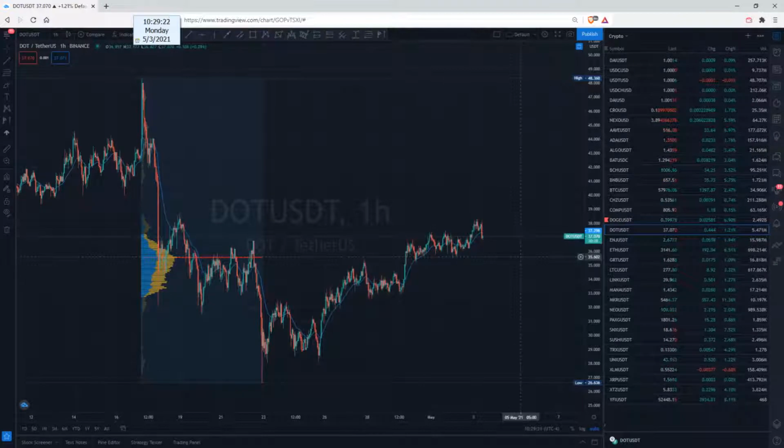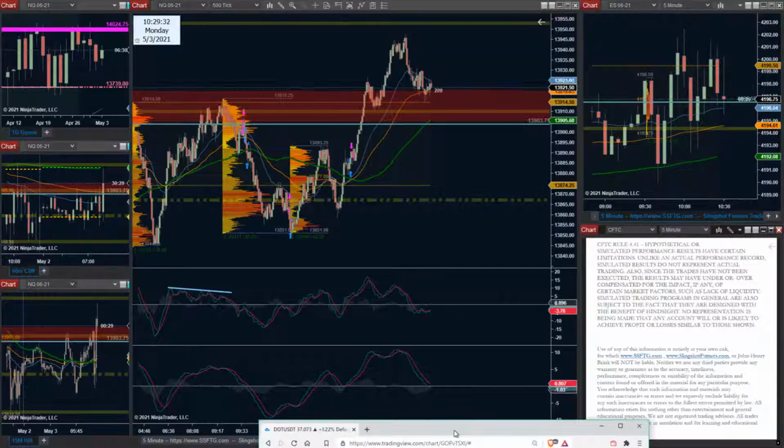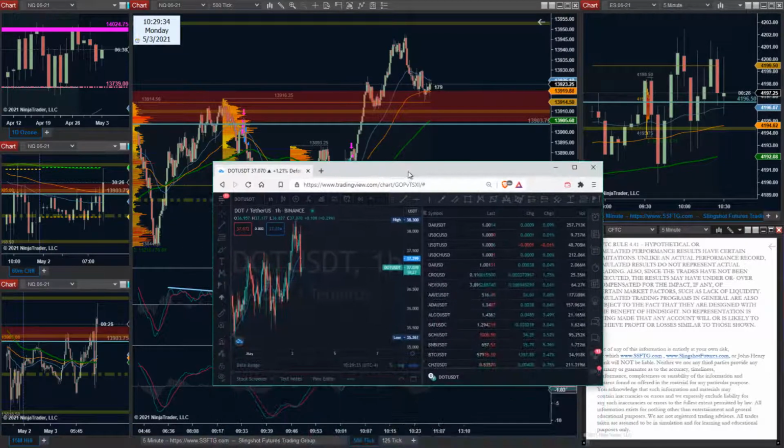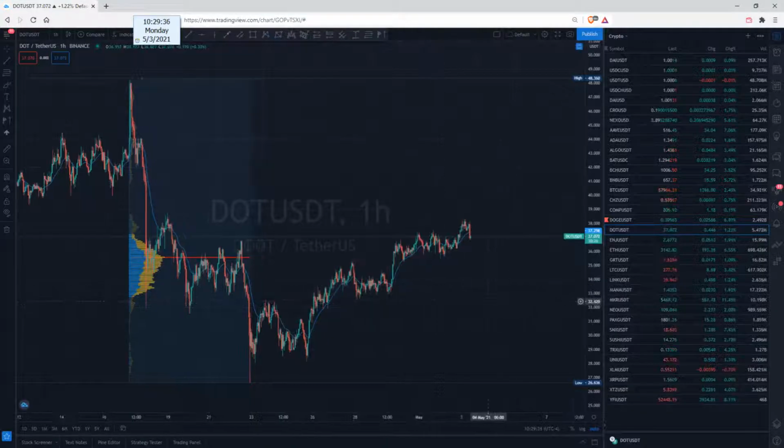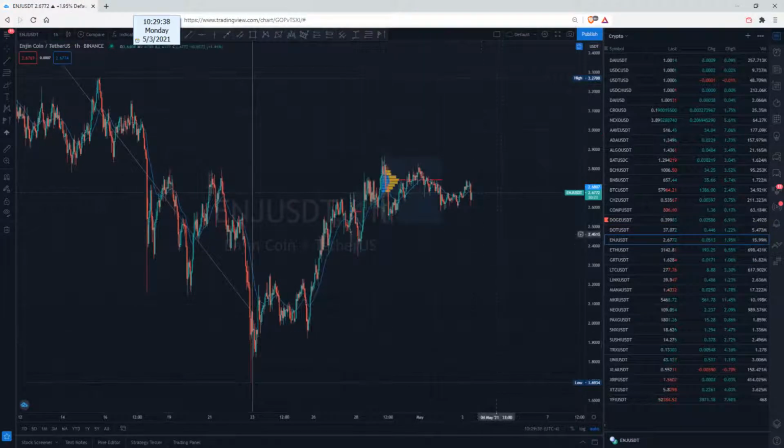First off, that dot pullback that happened earlier was absolutely gorgeous off of 35.55. They've got continuation, but same thing we've been talking about. All these high moves have been kind of disappointing. No follow-through. Speaking of no follow-through, there's the NASDAQ not doing anything. ENJ, that's not great. They're resisting volume at 274. A breakdown to new low would be a massive problem.